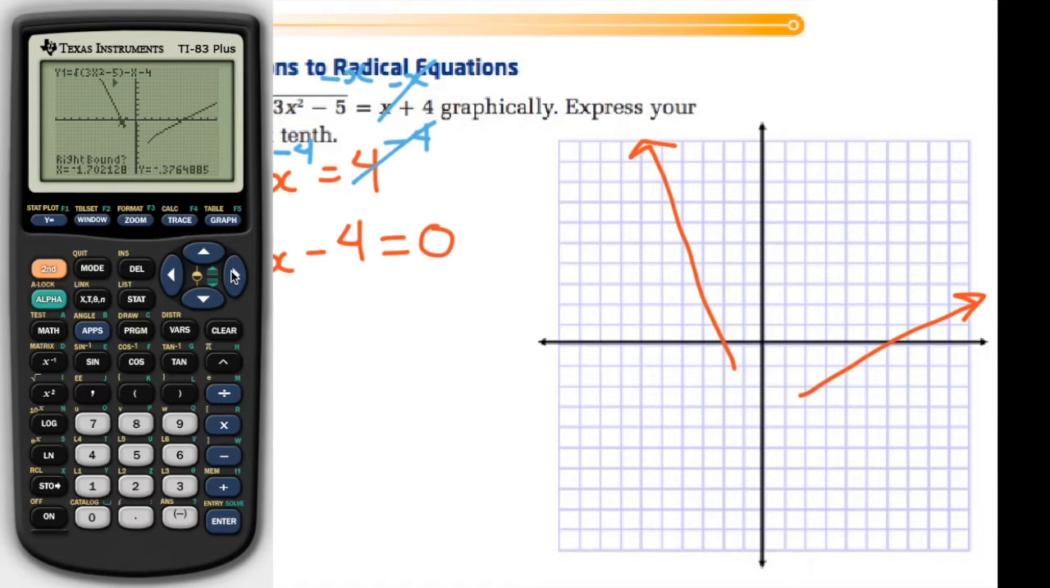I'll move it to the right of that point, and I need to be careful. This would be a good right bound. This would not be, because this point is not actually on the graph. We need to make sure the cursor stays on the graph, even if it is actually quite close to the x-intercept. That's okay. We'll move it over to guess,